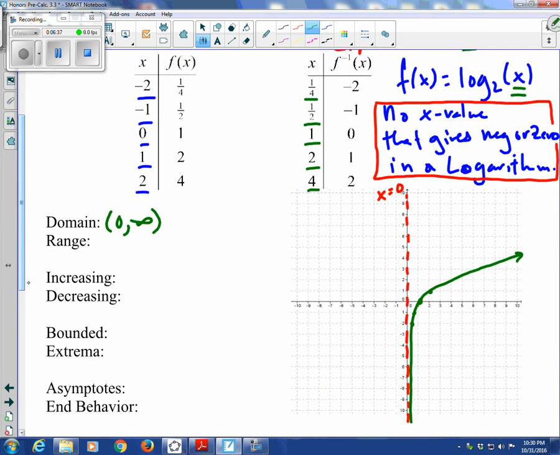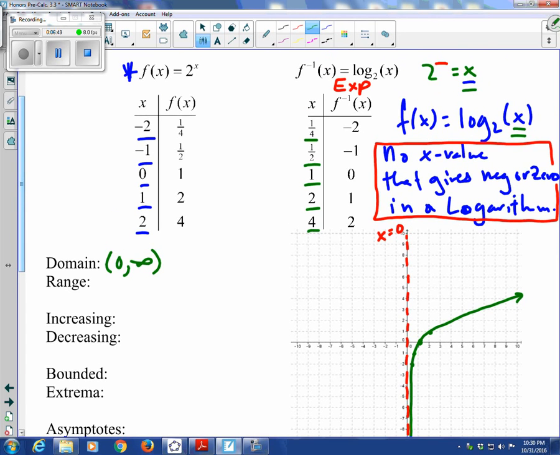Now when we're looking at the range, we can basically see that we're coming up from negative infinity with our vertical asymptote. And if we think about it, as we evaluate x values that go out to positive infinity, we're going to need exponents that go up to positive infinity in order to raise 2 to higher and higher powers to get those larger and larger outputs. So actually we can say that the range is going to be from negative infinity to positive infinity here. And we're going to see the graph of our logarithm slowly go up to positive infinity, right, as it extends out. Now it doesn't look like that. It looks like it's flattening out,